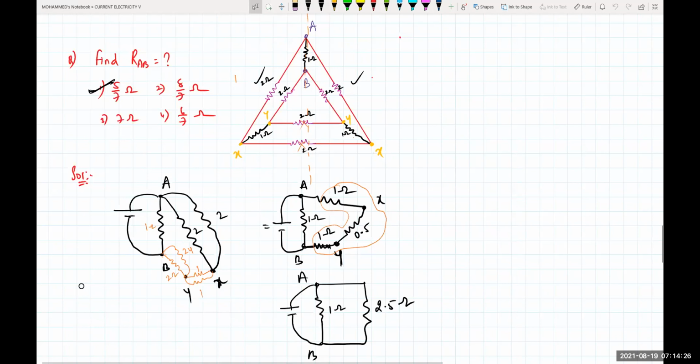So Y and Y will be at the same potential because they will be coming on the same condition. X and X will also be at the same potential. So when there is the same potential, there will be no flow of current. So this 2 resistance will become ineffective for me. Now just assume that when you are folding, this total will overlap on your X. So this 1 and 1 will be in parallel. This 2 and 2 will be in parallel. And this 2 and this 2 will also become parallel.